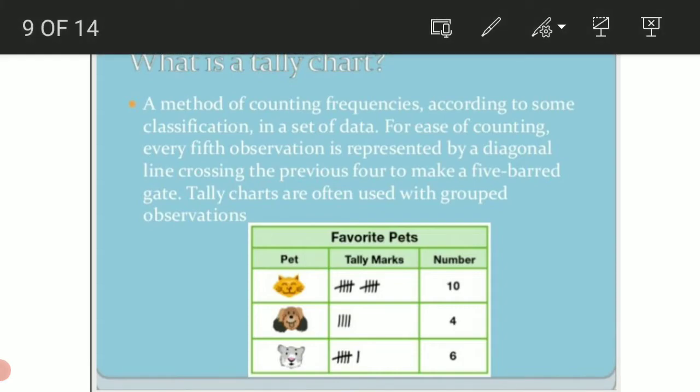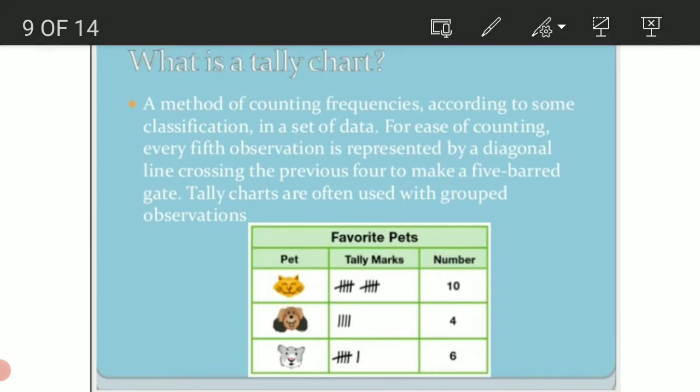Here, children, you can see number of pets are 10. So here first we put 4 vertical lines followed by a diagonal cutting them, that means it is 5. Then again in the same manner the next set also 4 vertical lines by a diagonal line cutting them, that is 5 plus 5 is 10. In the same manner the next picture where we see monkeys, we have 4, that means 4 vertical lines. And next tigers we see 5 plus 1, that is 6. Okay, so this is how we represent the tally marks.